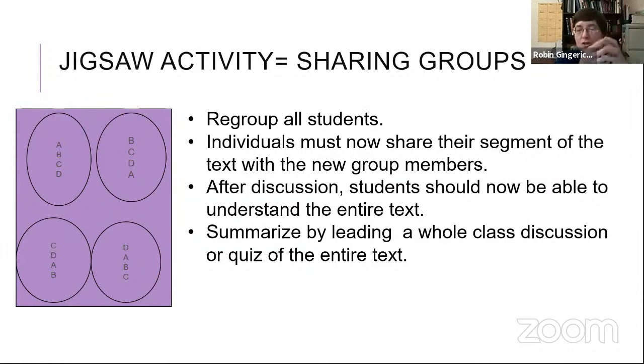And so now look at the groups. Now the person in the group who read section A needs to explain to the rest of the students what happened in that section. And then they look at the next student who read section B, or the second section. They have to explain to everyone the second section. And so by the time you finish, everyone understands the whole text, but they had to explain their section of the text to each other. And in this way, they get support for reading their first section, and then they need to take that information to the next group, and they must explain to the next group.